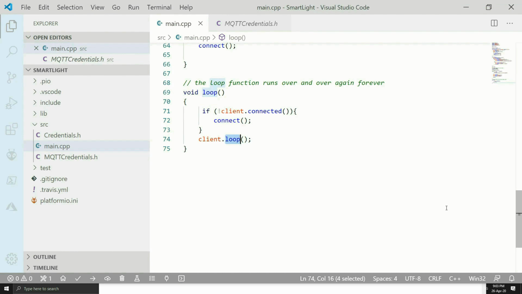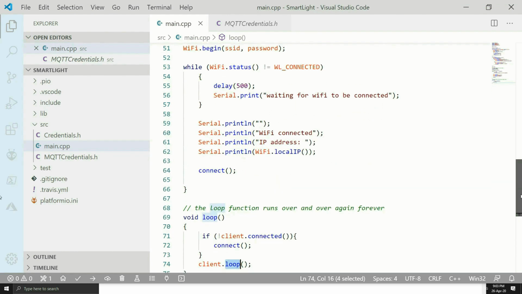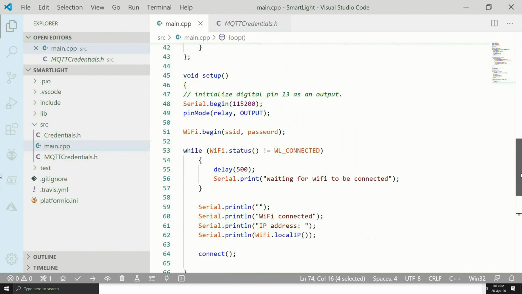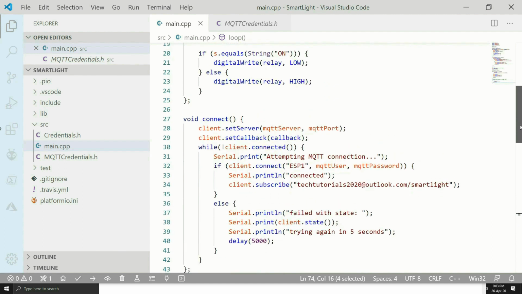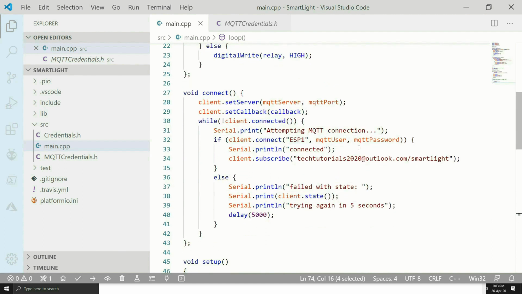Now what would happen when we run our code? In the beginning, the setup method will be called. It will call the connect method. The connect method will try to connect to the MQTT broker, and it will subscribe to this particular topic when the connection is established successfully.